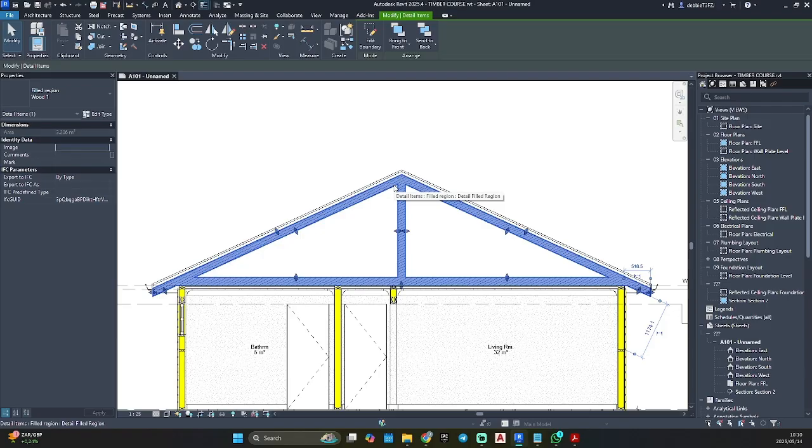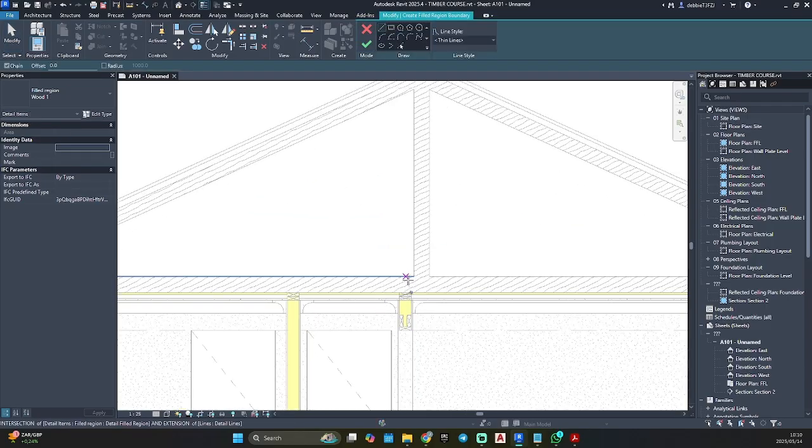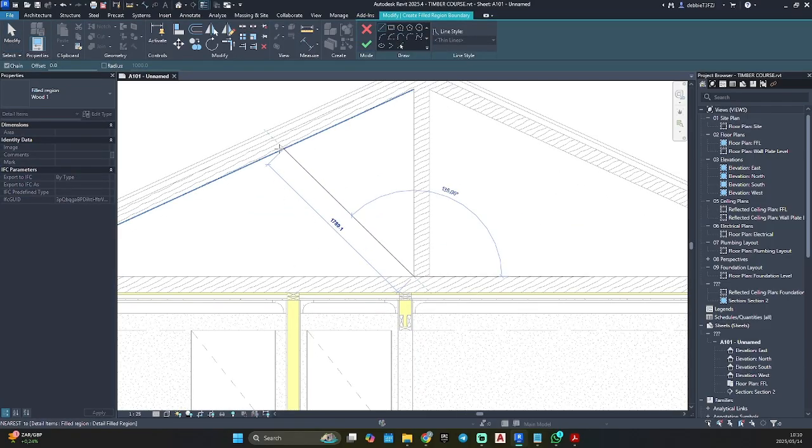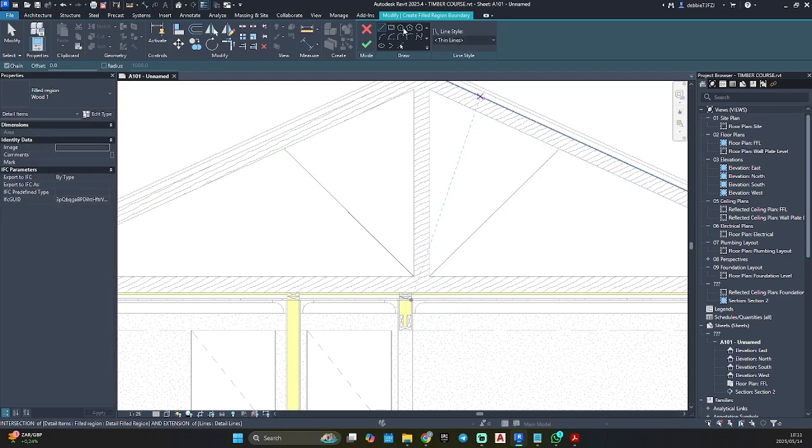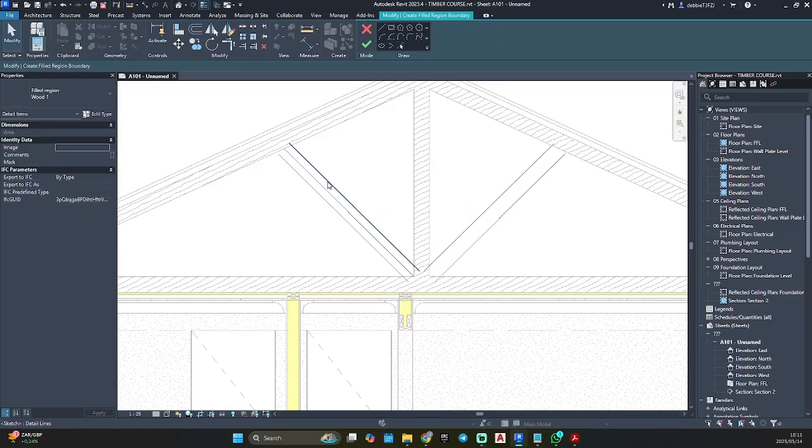Okay, so now I'm just going to press CS to create similar. .75 offset and delete the middle. Click there, click there, and click there. Now little triangle, trim and extend.